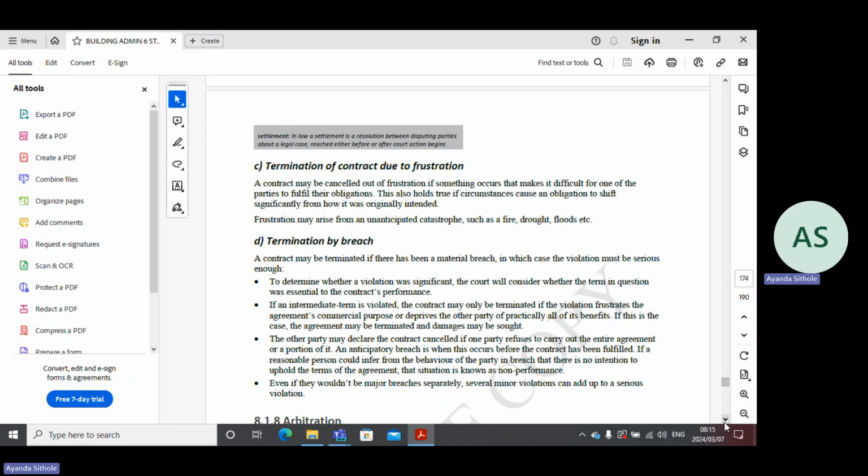The contract may be terminated if there has been a material breach, in which case the violation must be serious enough. To determine whether a violation was significant, the court will consider whether the term in question was essential to a contract's performance. If an immediate term is violated, the contract may only be terminated in